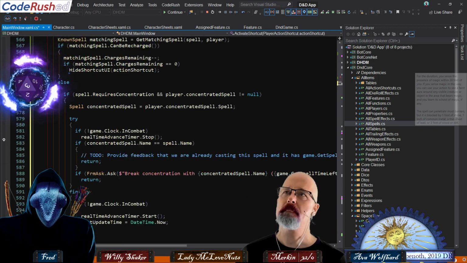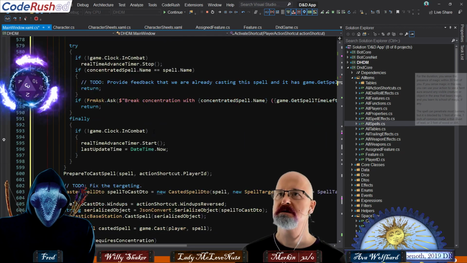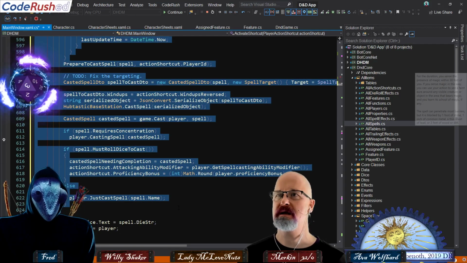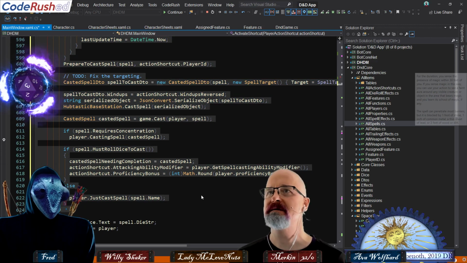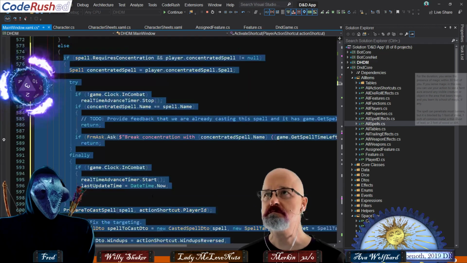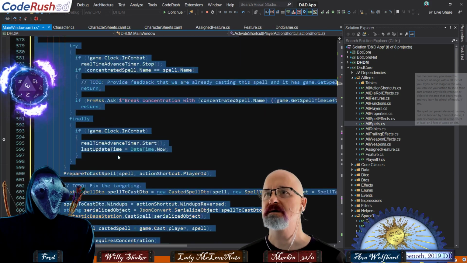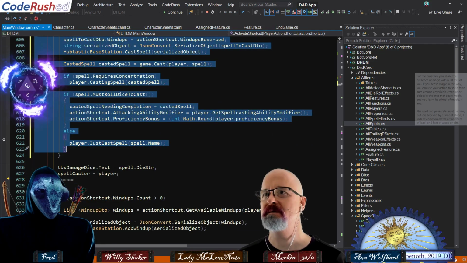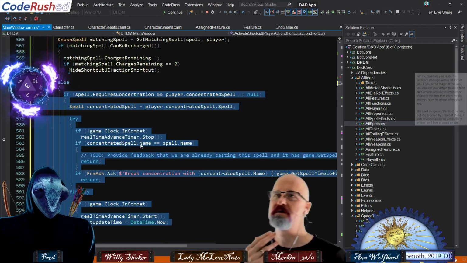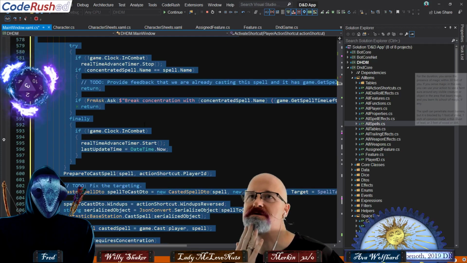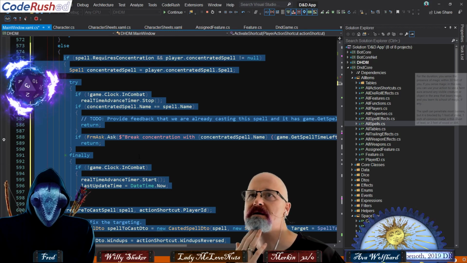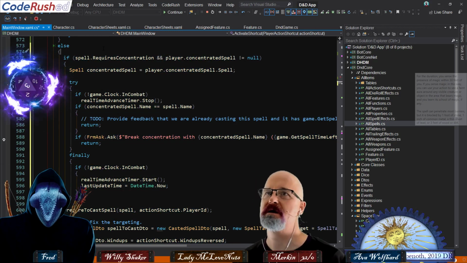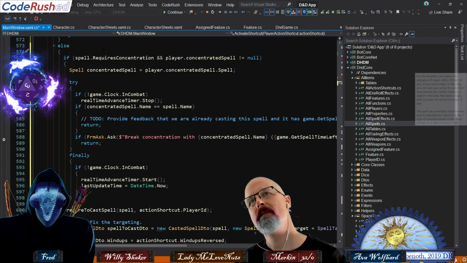So let's deal with this right here. See if we can get a decently shaped extract method in here. I can't even get an extract method out of this because I've got returns in here. Yeah, CodeRush used to be able to do this. And then we stopped the feature because Visual Studio had a great extract method with just a few minor differences. But CodeRush could handle this scenario as an extract method. Okay, so I've got to recondition the code here.